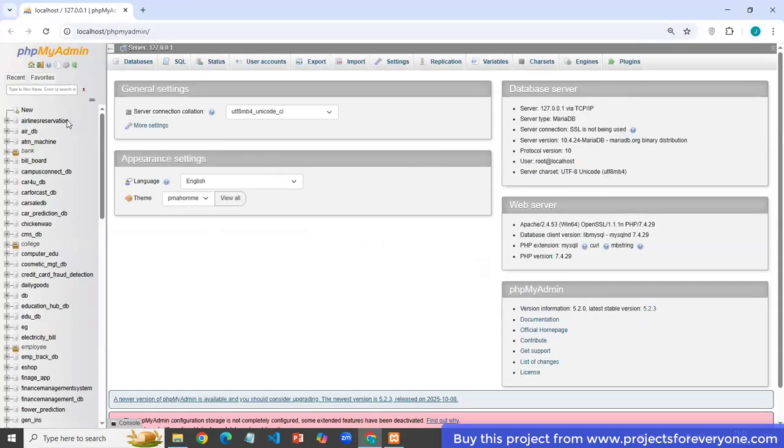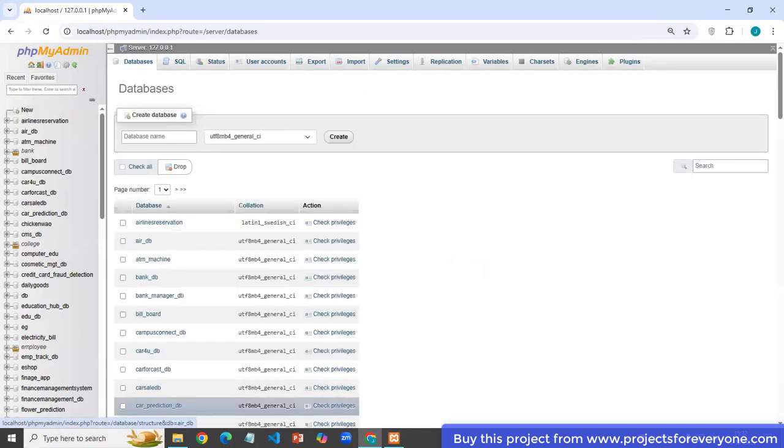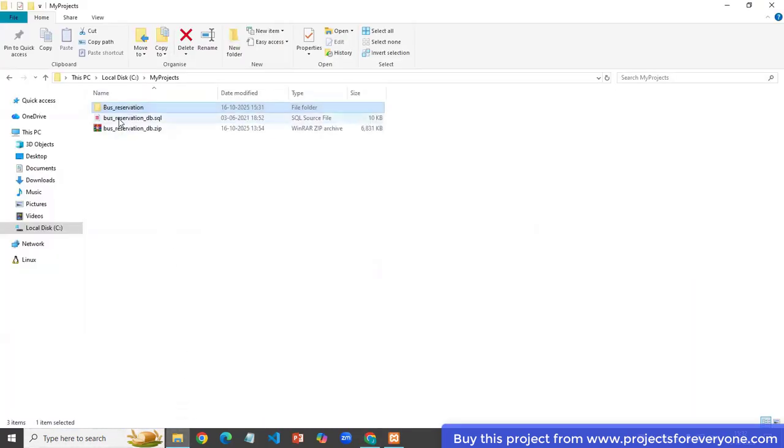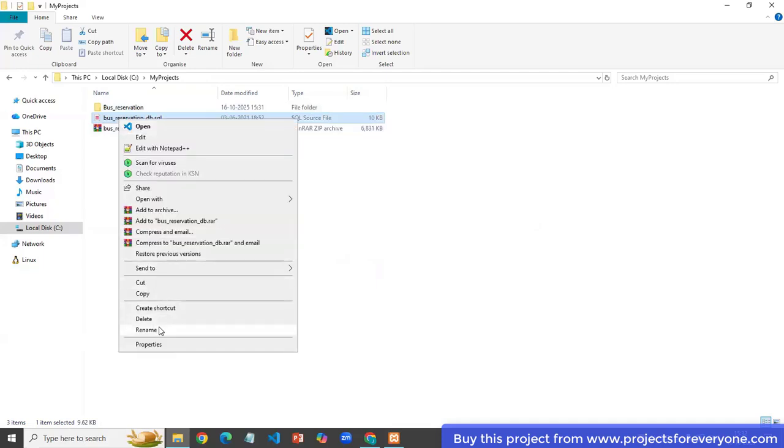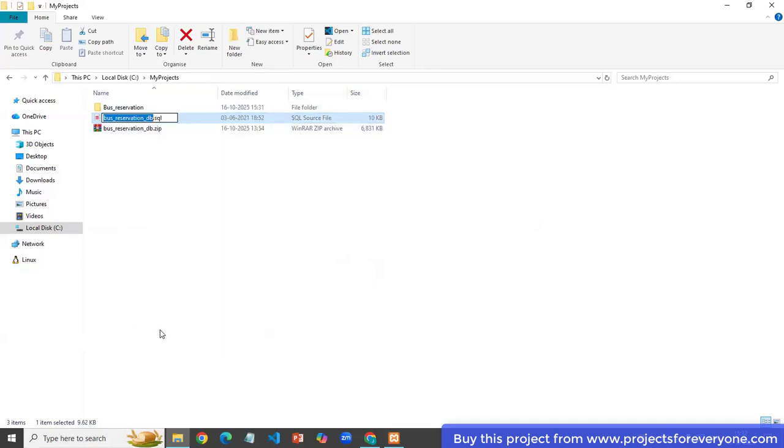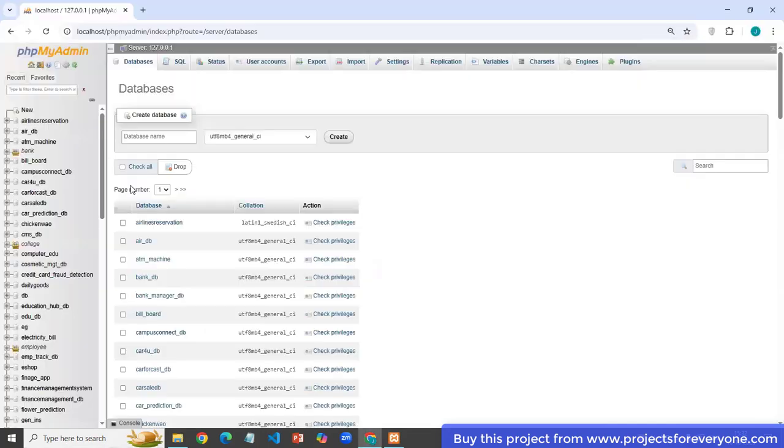We have to create a new database, so click on New. Firstly, copy the name of this SQL file. This will be our database name. Paste it here and create.